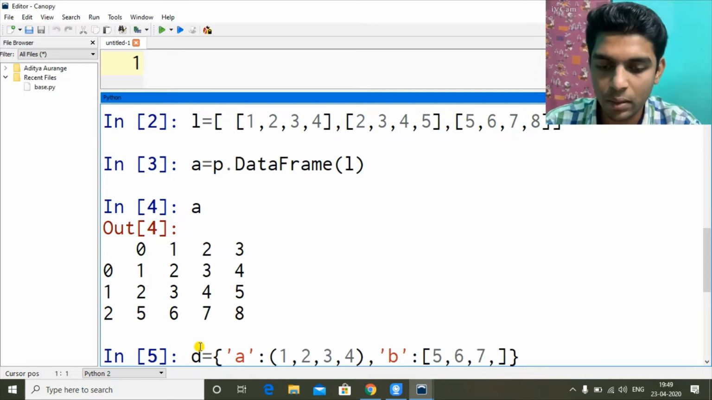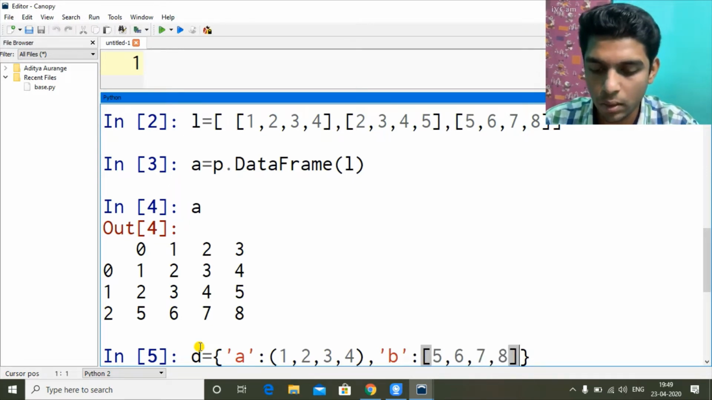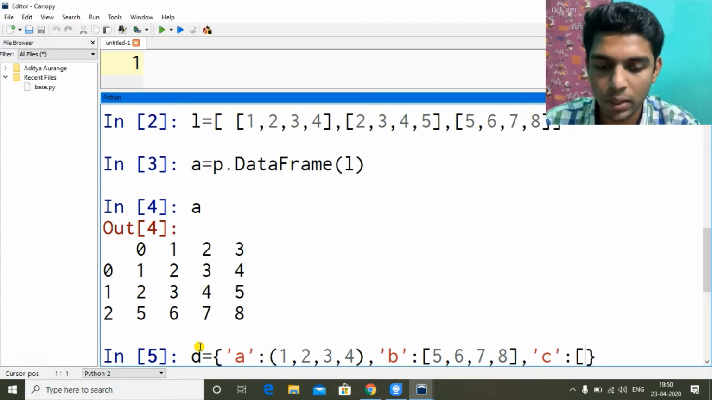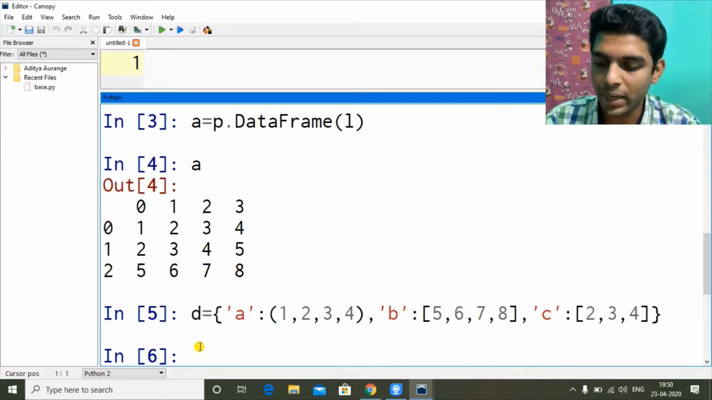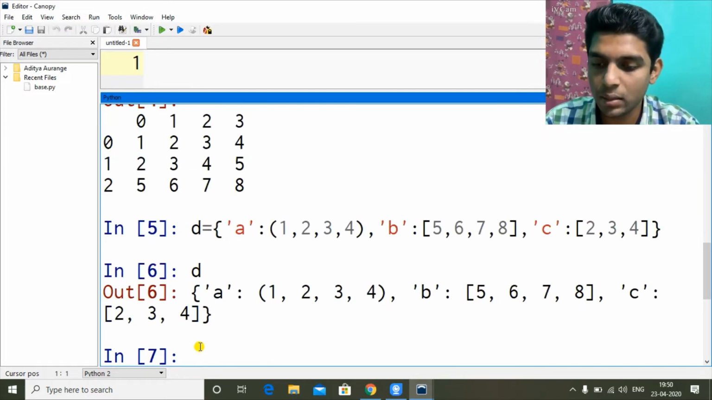5, 6, 7, 8. Okay, now one more, C, and let's use whatever. So here I'm giving only 3 values, there are 4. So my dictionary is ready, which looks like this. Now let's use b equal to pd.DataFrame, I'm passing